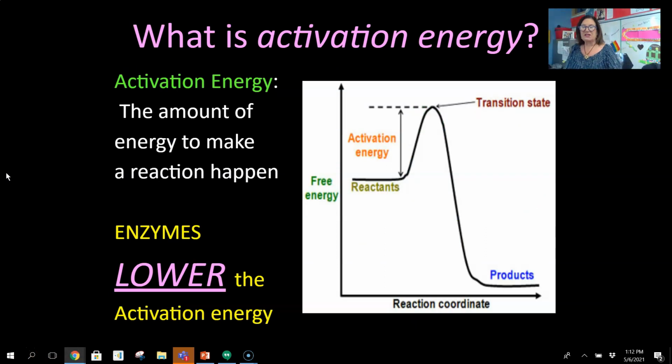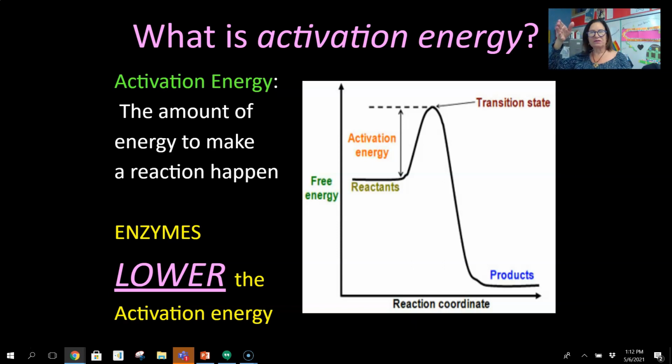So what is activation energy? This is the amount of energy it takes for a reaction to happen. So let's say, and the enzymes lower that activation energy. And I know that that seems odd, lowers the activation energy. So let's say